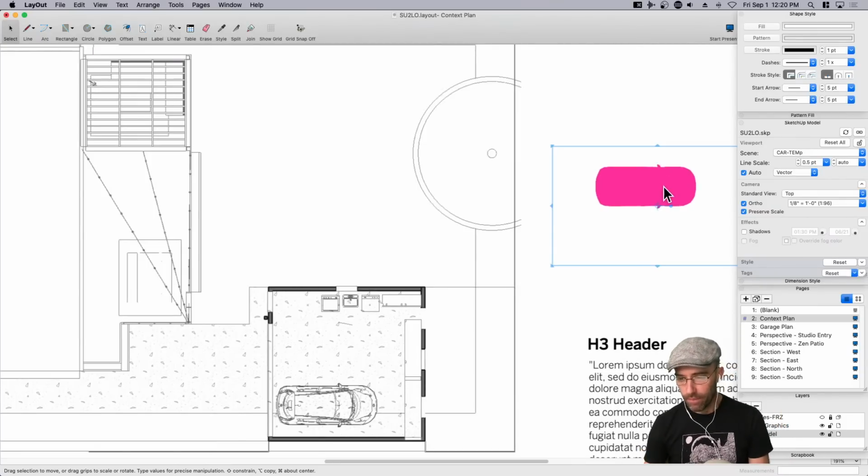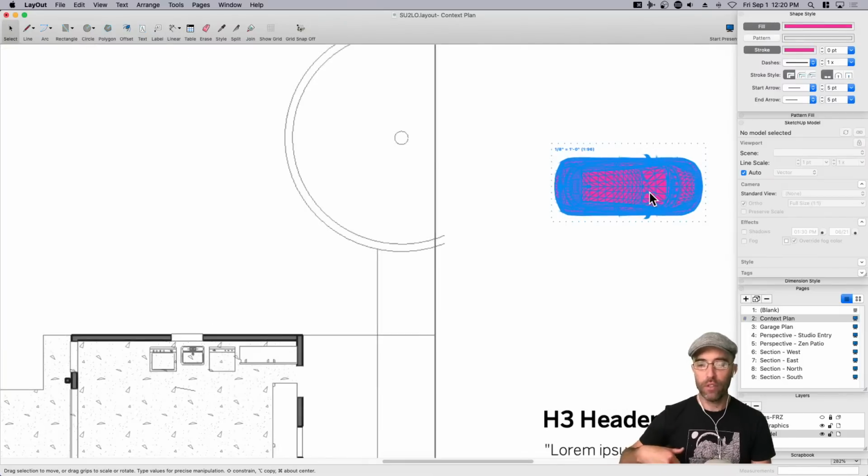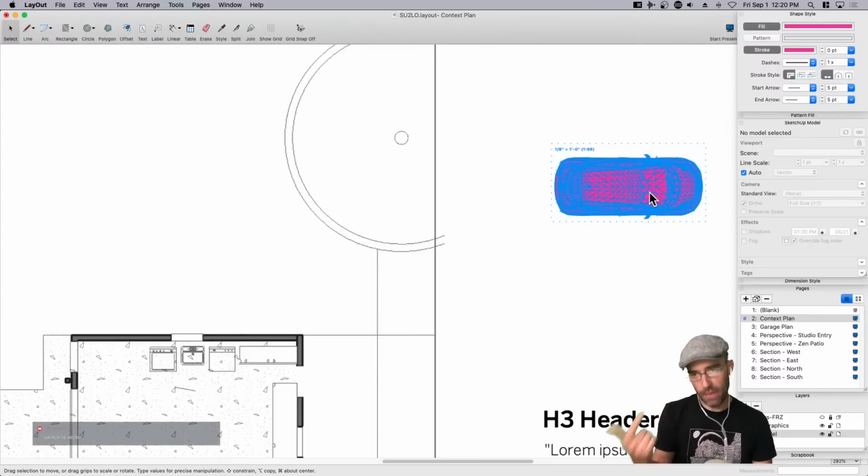I think, because then when you explode it, before you explode it? Yes, there it is. Because now you can change, now it's a vector. If you do raster and you explode it, you're bringing in an image. And then you can't change the color. So that pink color that I have,